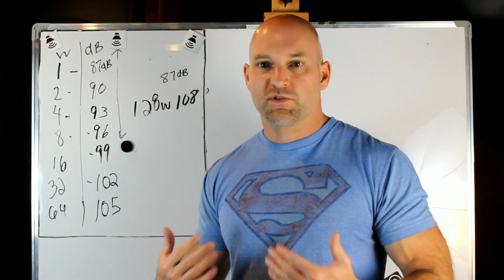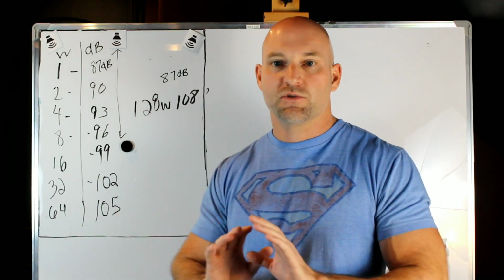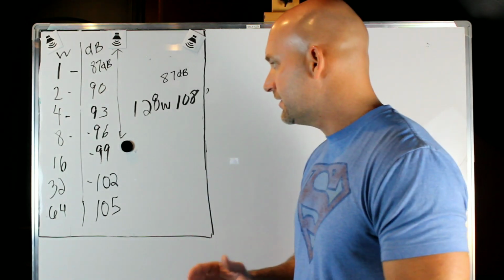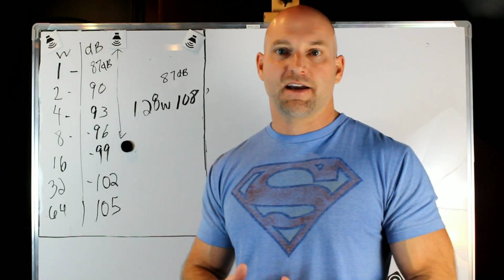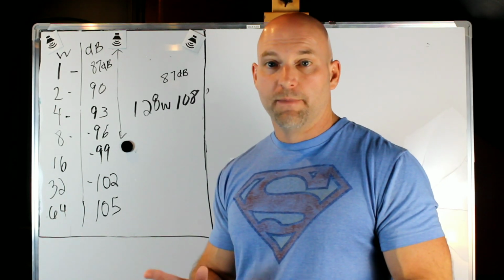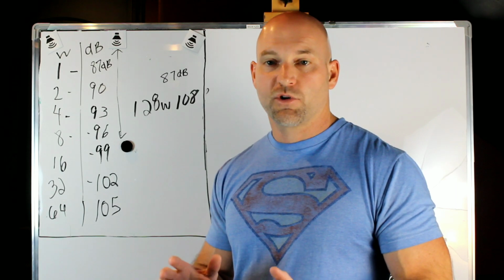But I do like domes too. They have a better horizontal dispersion, much wider. They do have some advantages. The only disadvantage they really have is sensitivity is not going to be as high. So it's all about goals and how you're going to use the room and how loud